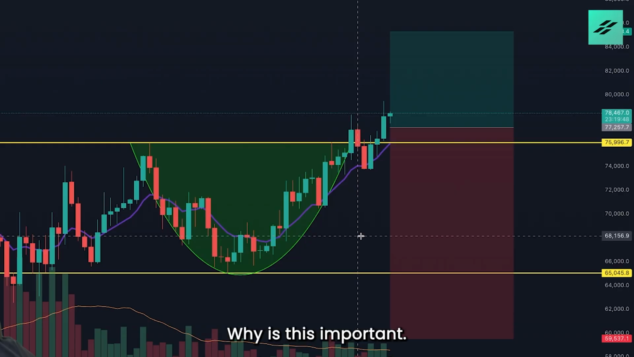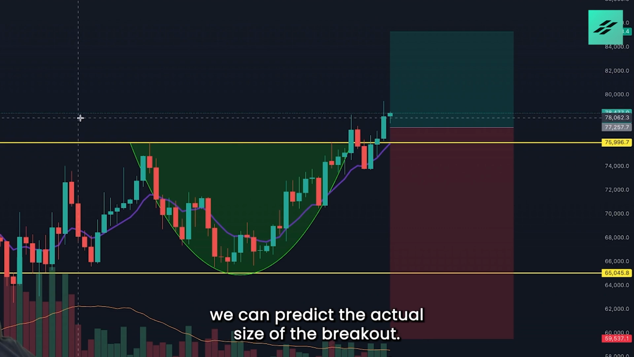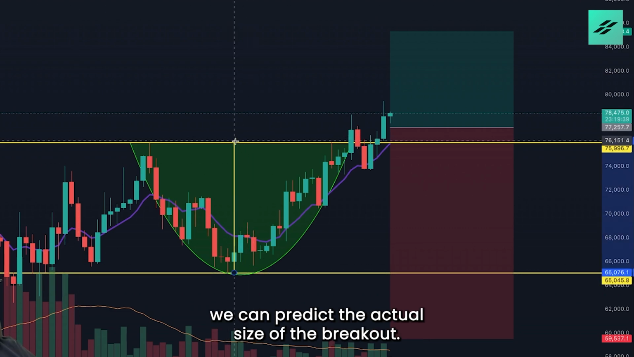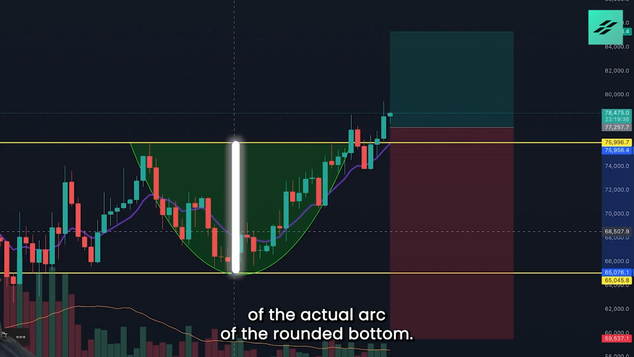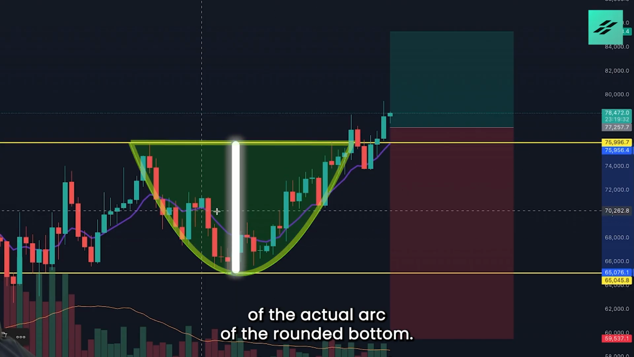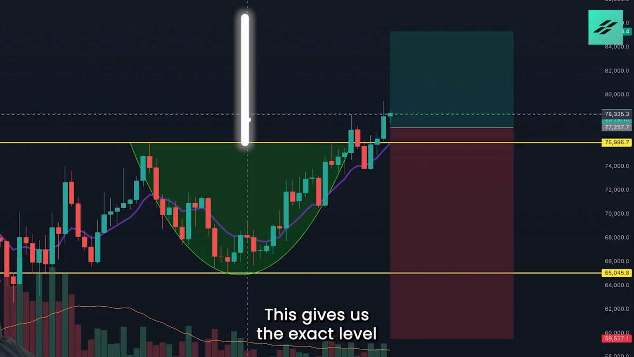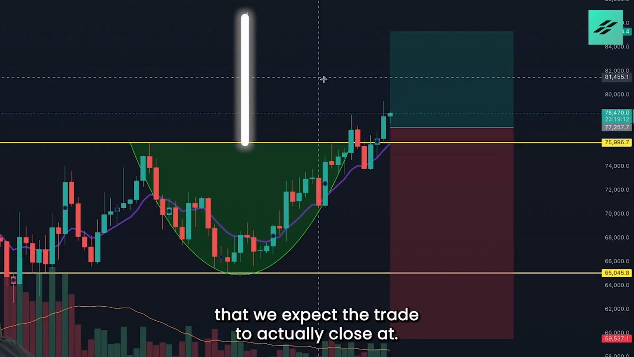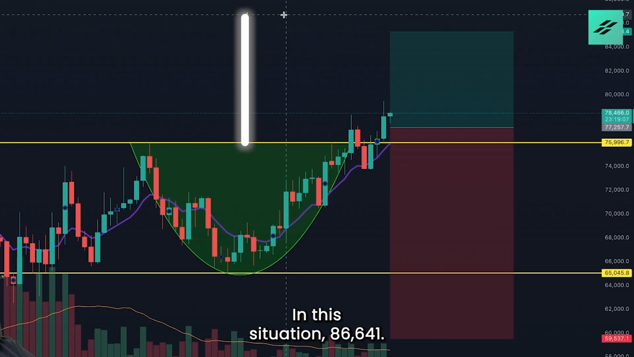Why is this important? Because if we spot this trading pattern, we can actually predict the size of the breakout. By doing this, we take the top to bottom of the actual arc of the rounded bottom, and we extend this out from the breakout area. This gives us the exact level that we expect the trade to actually close at. In this situation,